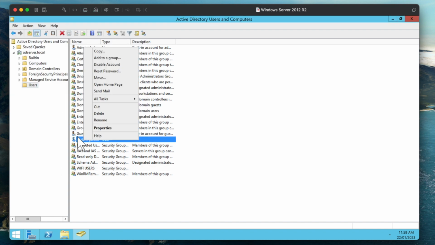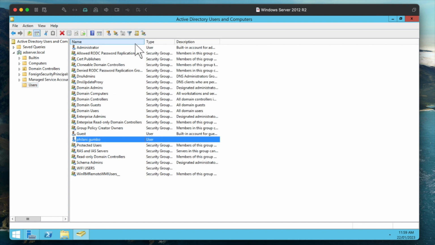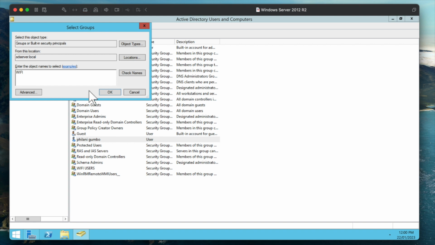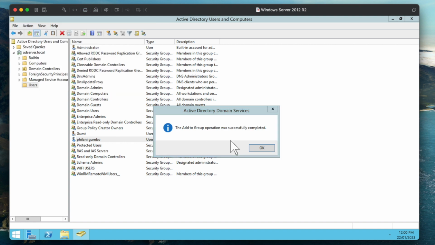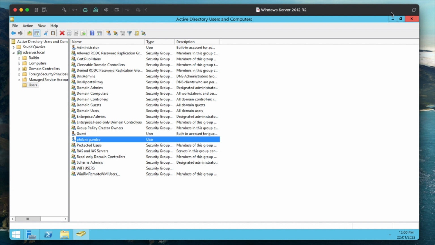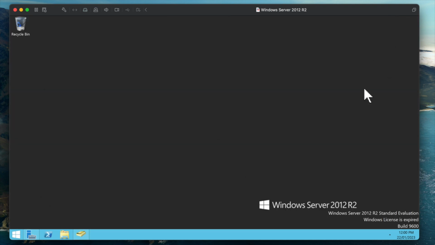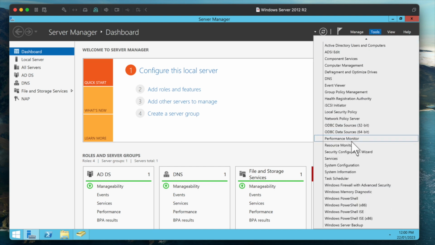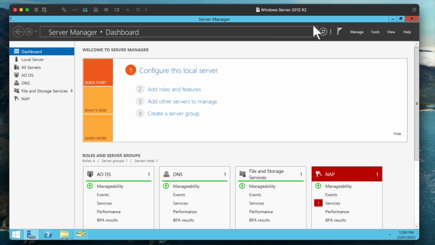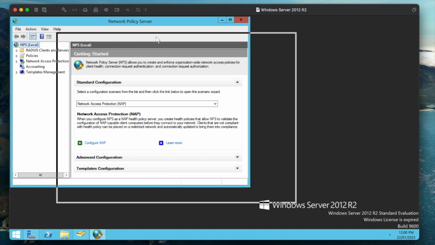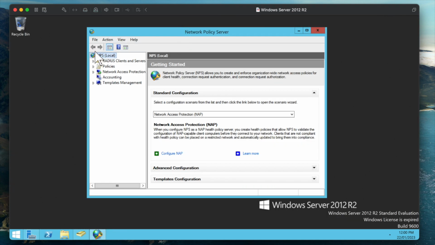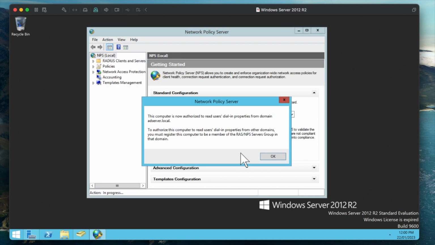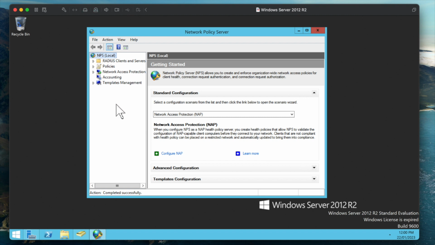I'm also then going to add this user that I've just created to the Wi-Fi group. So I'm just going to do that now. And then once that's done, you then need to make a configuration change to the Network Policy Server. So click on Tools and then click on Network Policy Server. Okay, so right click on NPS Local and then click on Register Server with Active Directory. Click on OK, and then you then need to add in